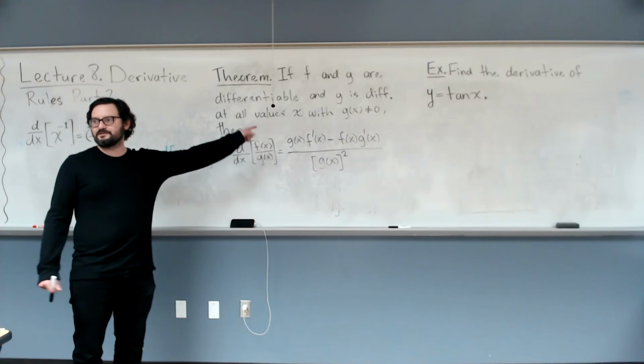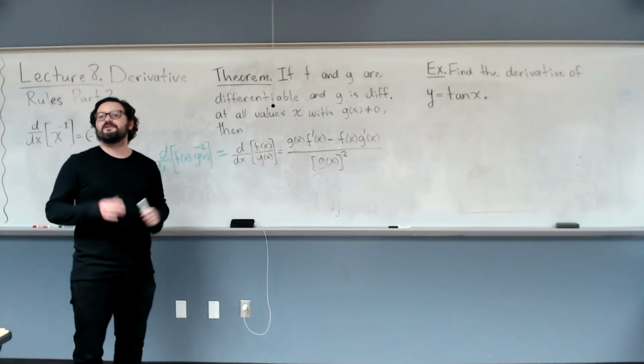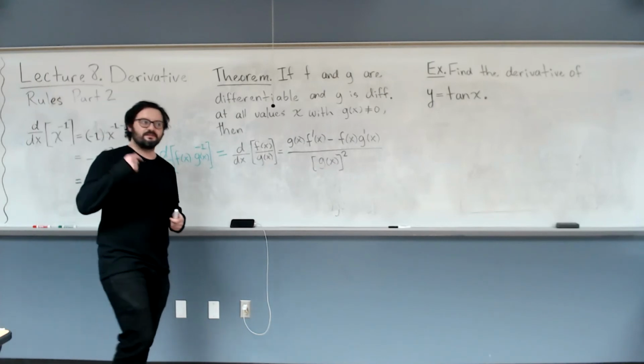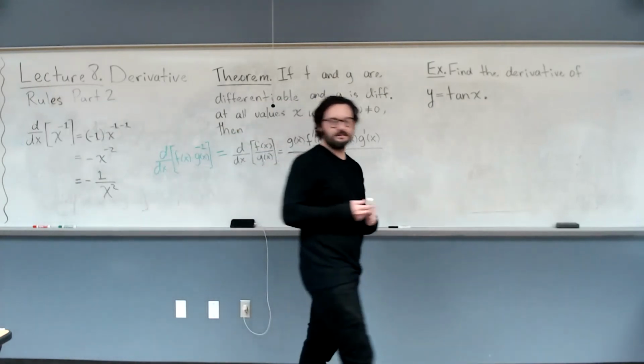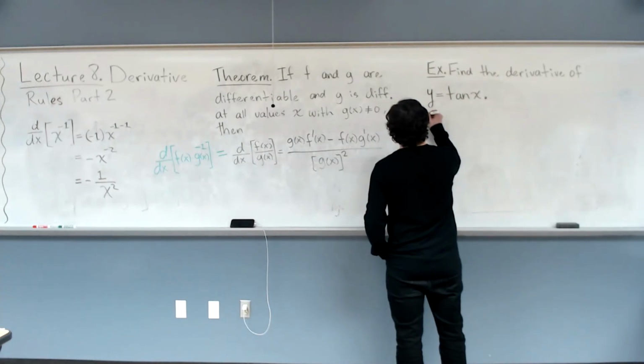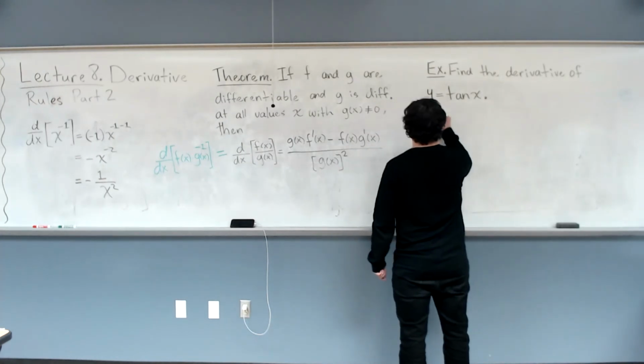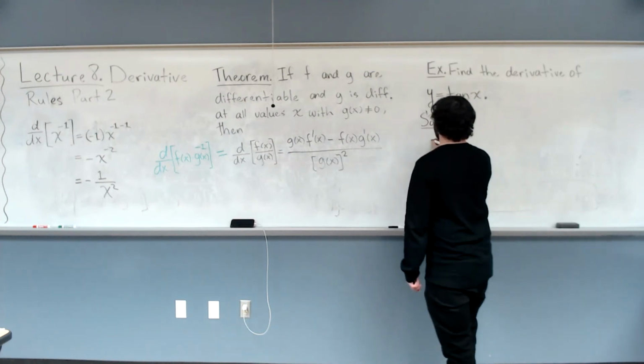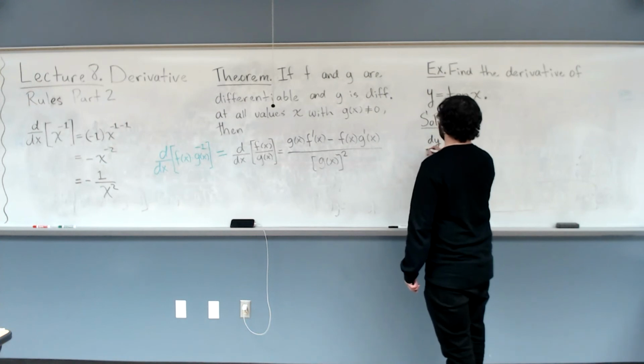It doesn't look like a ratio, right? But what's the definition of tangent? Sine over cosine. So it actually does look like that. So if I take the derivative on both sides,